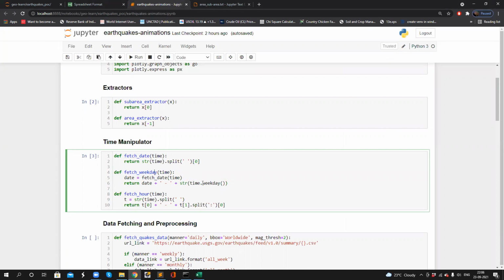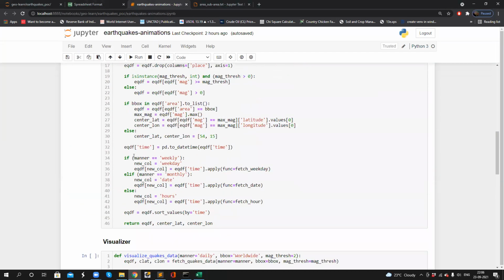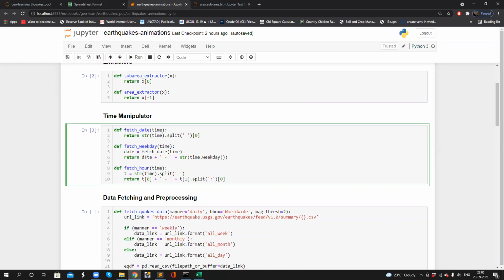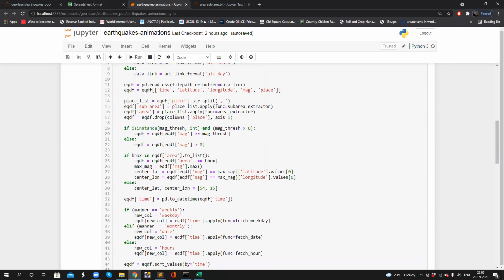We have a method called weekday. If it is a date time object, we can use this method. And that's why I'm converting the time column into a date time object using pandas prior to these conditions. So it fetches the weekday out of time and simply creates a new column.